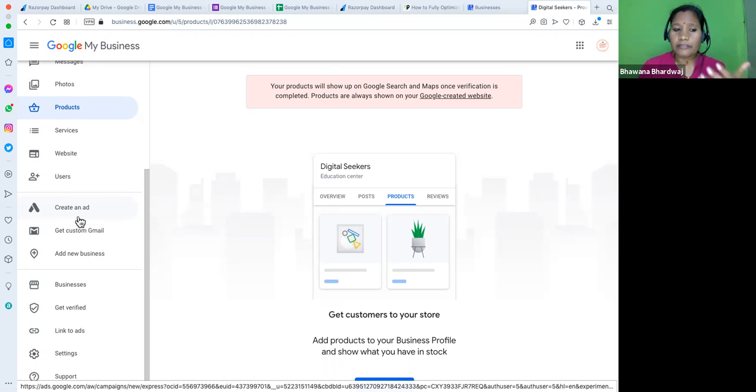But here, this is the fantastic thing about this advertisement. Here you can manage your advertisement within 10 to 15, or if you have less than 30 minutes of time every day.